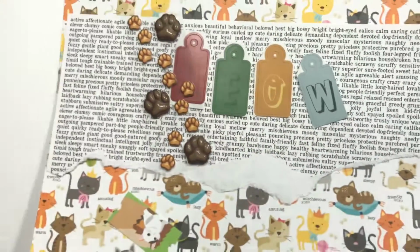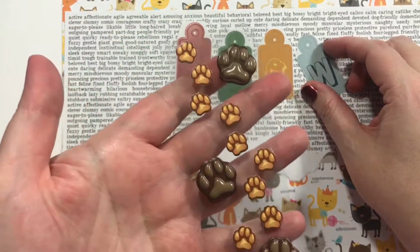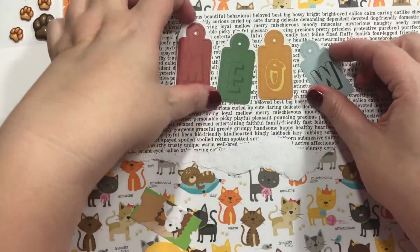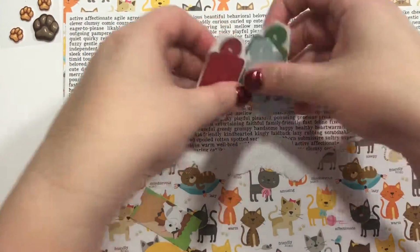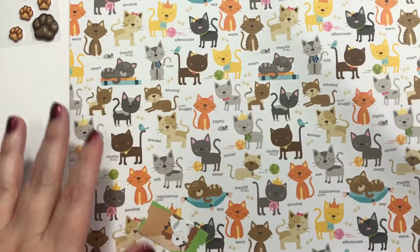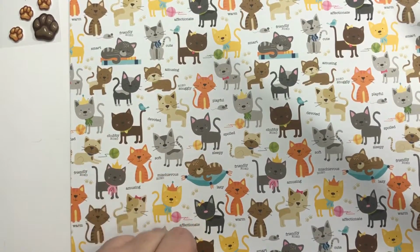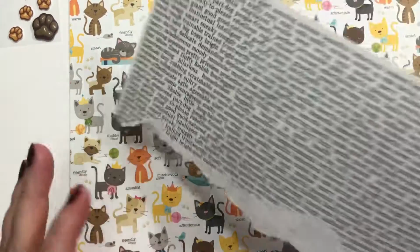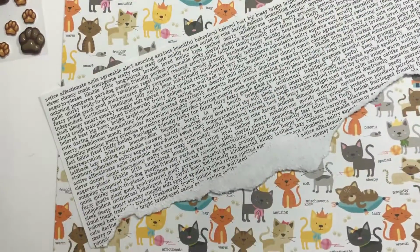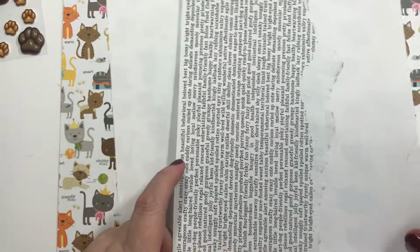Okay, so on this one, I thought we would use these. These are some little Jolie's stickers that I found. And then I'm going to do the meow across there. And I'm going to use the cute little lots of kitty pages. Chubby, spoiled, sleepy, devoted, amusing, mischievous, friendly. All the things the cat makes up, you know. All right, I need a piece of paper here. So I'm just going to